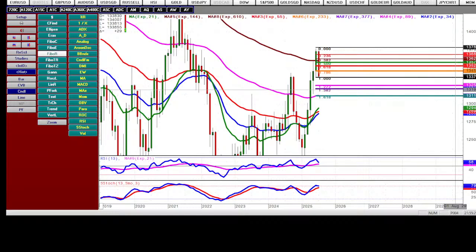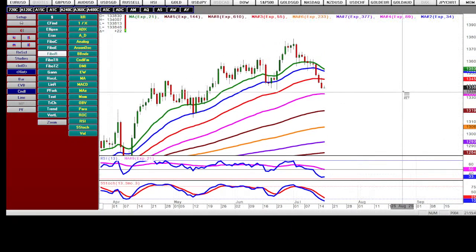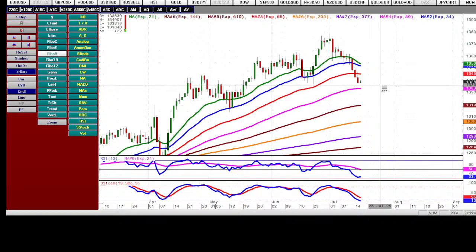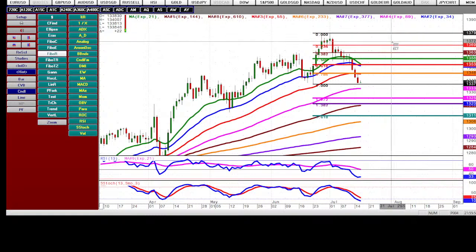Okay, that should be your final target for this week, or worst scenario is 131.45. Okay, so that should be your maximum target. So then on the daily, okay, this is still showing more weakness, and we should see the price hitting